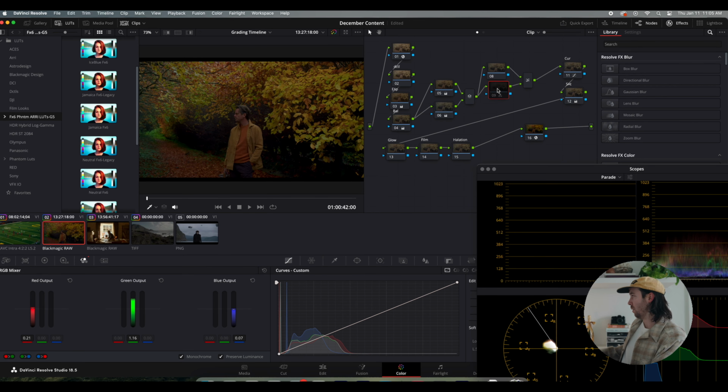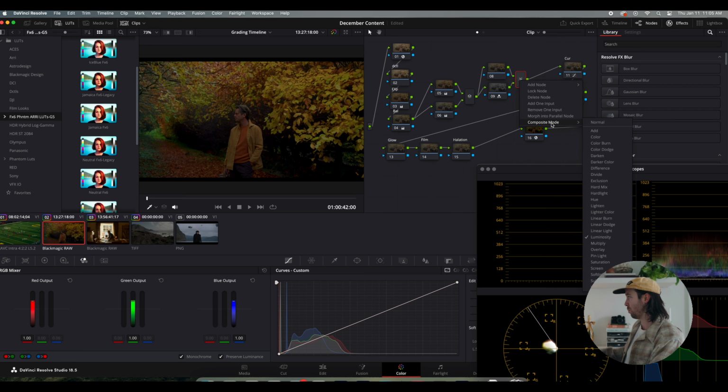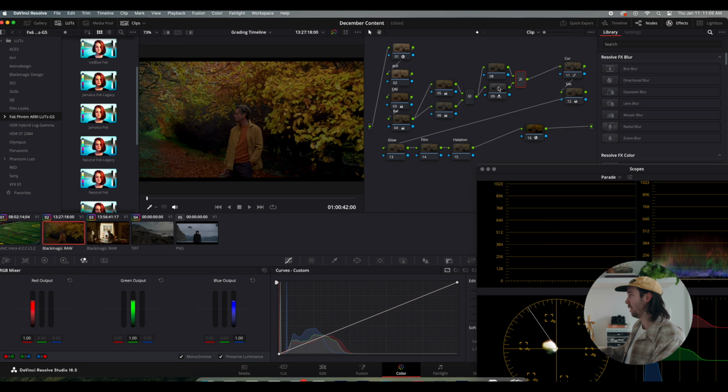So this is something that I learned for color density before I even learned that I could use a DCTL. All I've done is Command L, create a layer mixer, not a parallel mixer, a layer mixer. Then I've changed my composite mode to luminosity, and I've gone to my bottom layer mixer, and instead of being on primary wheels, I've gone to my RGB mixer, clicked on monochrome, and here I just want to show you real quick